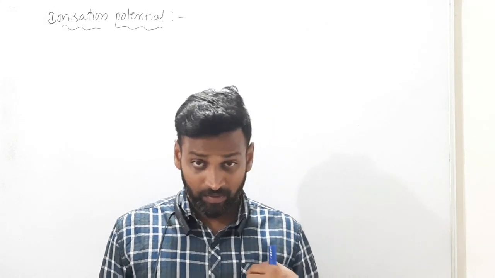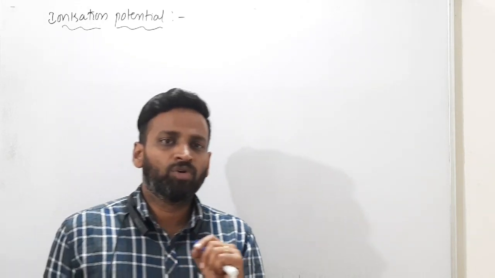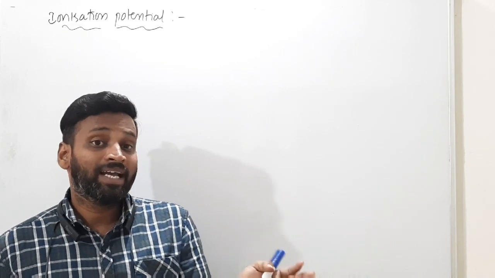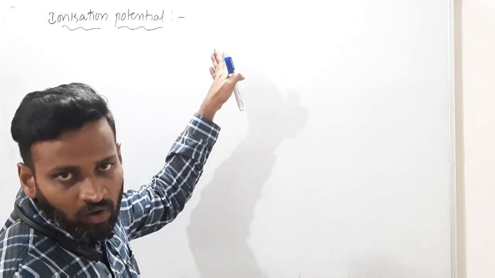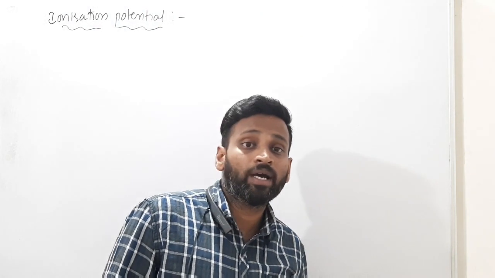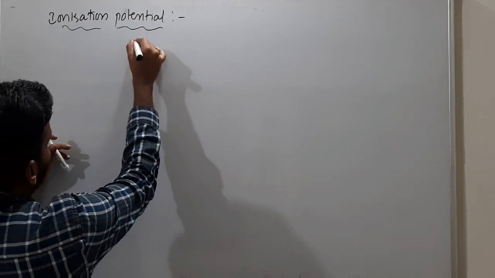Energy of the nth orbit was given as minus 13.6 into Z square by n square electron volt per atom. So that is negative, minus 13.6, the energy of the nth orbit. But ionization potential is plus 13.6 into Z square by n square electron volt per atom. Do you remember why I am saying ionization potential is positive energy, the energy required to remove a valence electron? That means removal of an electron is endothermic. Why endothermic? Because energy is required to remove the electron. So very important, please remember.